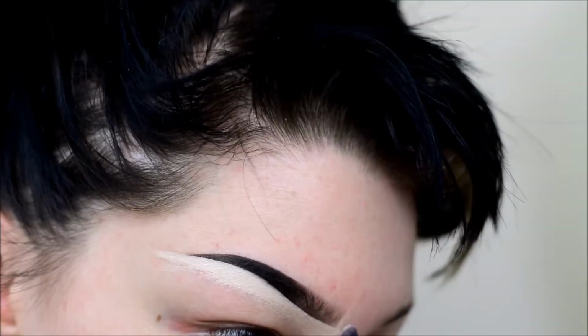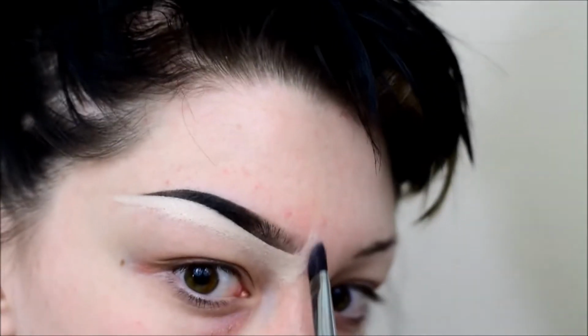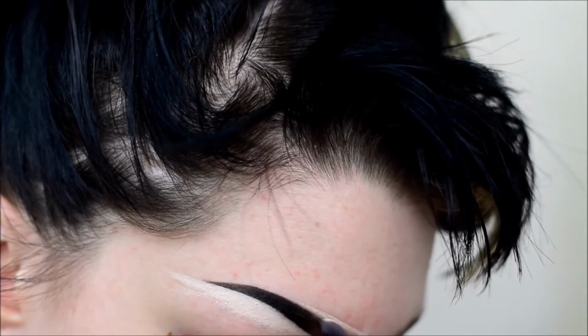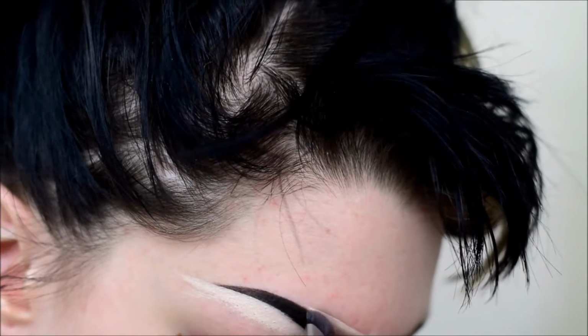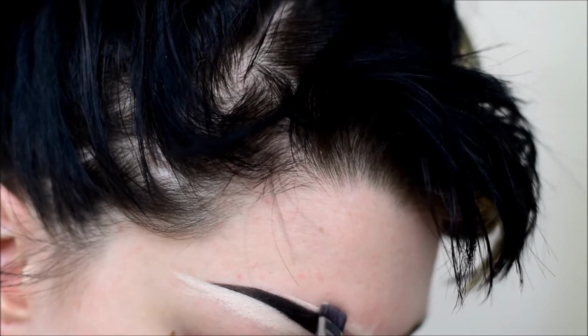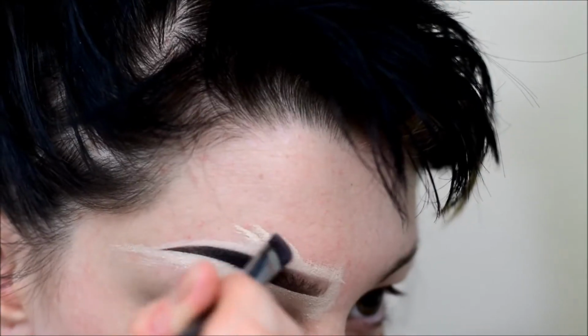I then put a little bit of whatever's left over on the brush on the inner corner, and I do the same thing on the top as well. Typically, I'll just hold the brush perpendicular to my skin, and this kind of creates a sharp line on top, and on the bottom it doesn't, which I sort of like because it makes a little bit more natural effect on the top of the brow. I also blend this upward, as you can see, just to make sure that I'm able to blend it into